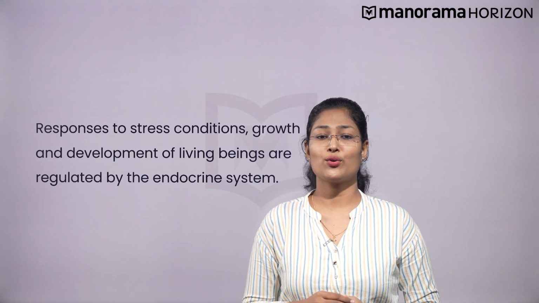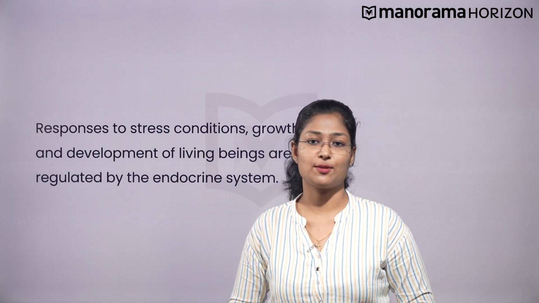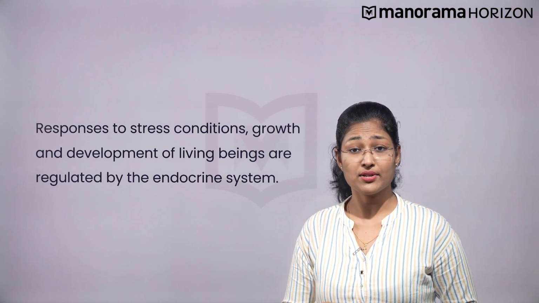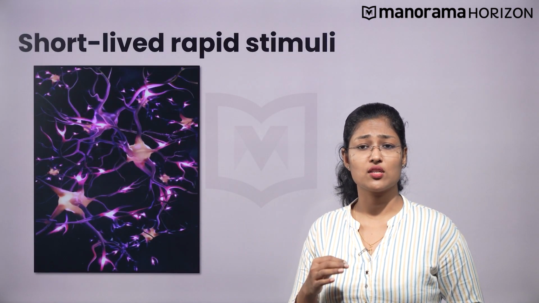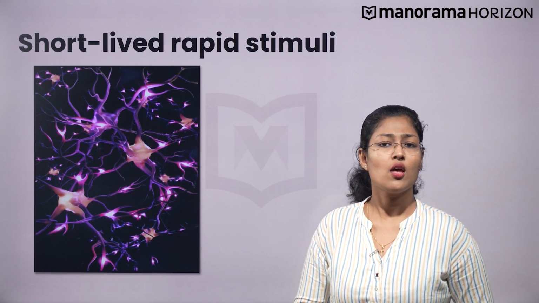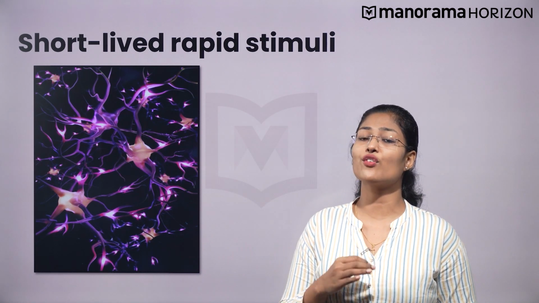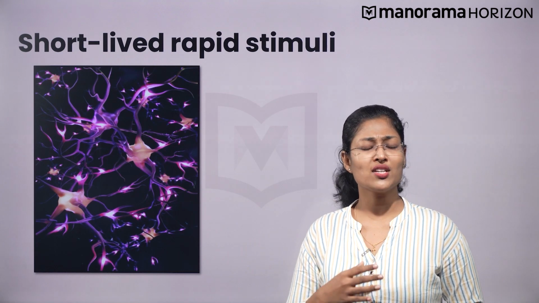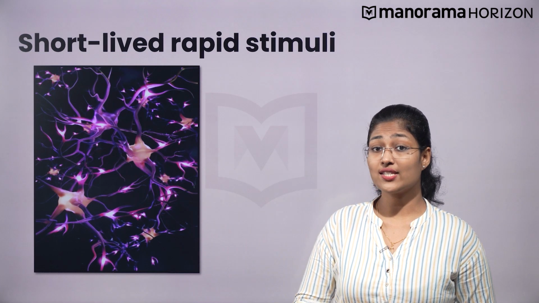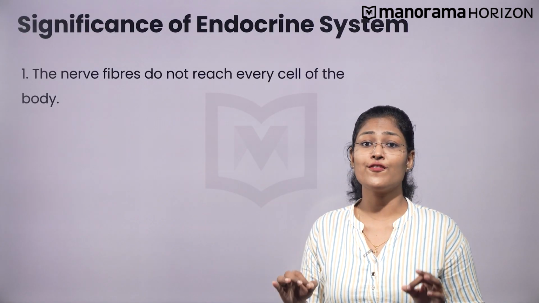Before discussing the endocrine system in detail, let us learn about some related basic concepts. Recall that the nervous system produces rapid but short-lived responses to stimuli and coordinates the action of various organs. When the body has a nervous system to regulate and coordinate the actions of various organs, what is the requirement of this endocrine system?